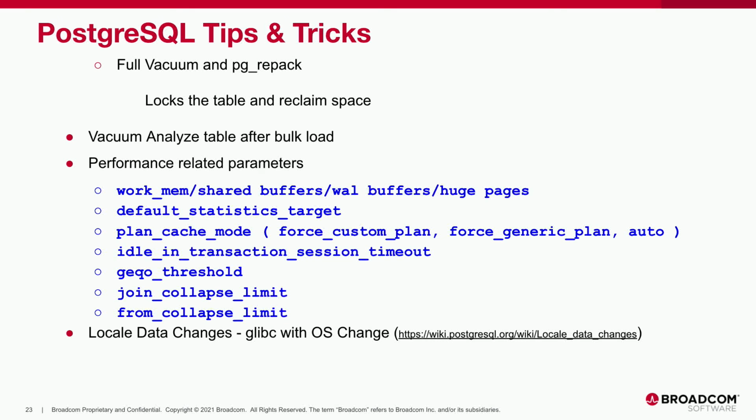So when Postgres collects the statistics, it has a limitation on how much data to scan. It has a histogram, it has values for how many nulls. It's a similar way any stats data is collected on any table, but sometimes for a very large table you may want to increase that default statistics collection for that specific table. Plan cache mode, that is